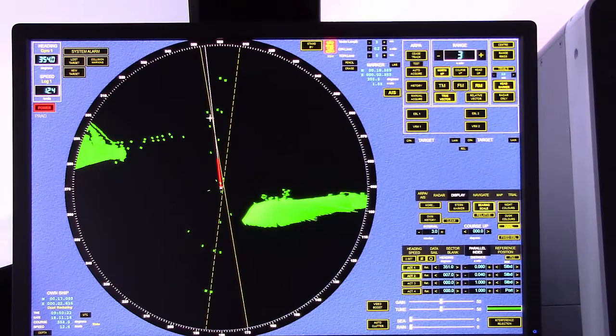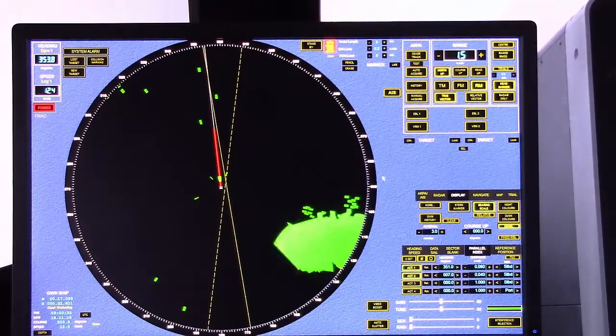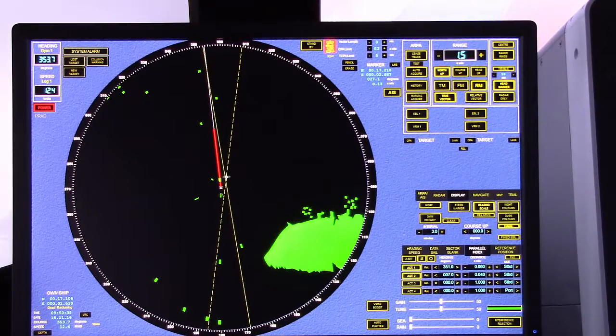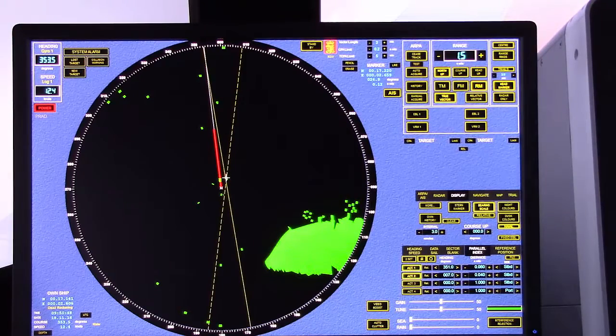So here's our next parallel index line. Here's our set of ranges. We're holding in the channel. So there's 18. Here's the marker that's right alongside of us. I'm going to drop the range down, analyze this a little closer. We are keeping our distance just off the marker. I'm going to go ahead and come to port 2 degrees to our heading and line up